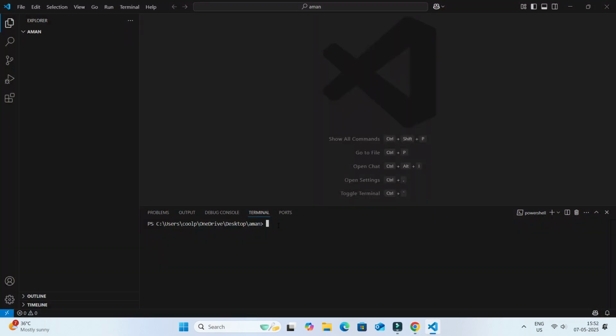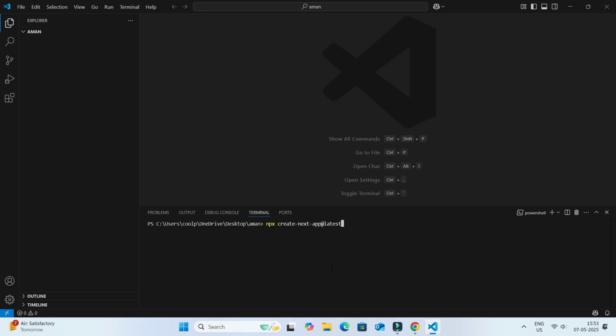To paste this command, just right click with your mouse here, or you can press Ctrl+V on your keyboard. I right click with my mouse to paste this command, and you can see the command appear on my screen. If you can't copy and paste the command, then you can simply type it like this. I'm typing the command to install Next.js: npx create-next-app@latest. This is the command to install Next.js in Visual Studio Code.